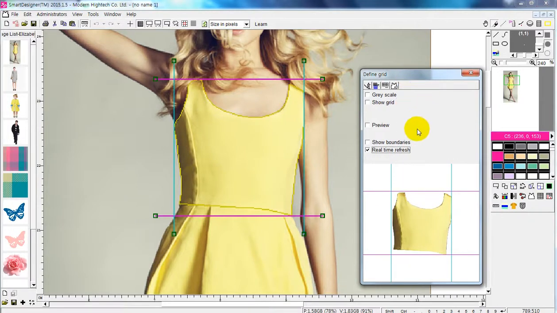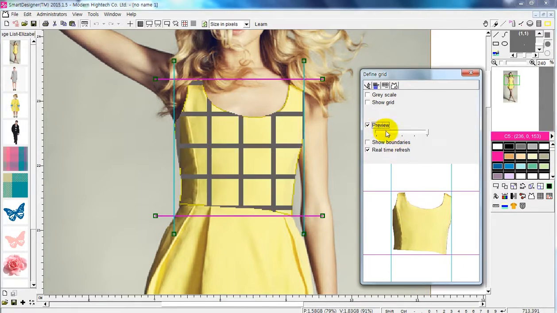Now basically the reason why you're setting the grid is to make the patterns that you created or the patterns that you scanned flow more naturally. Since the human body has lots of curves,